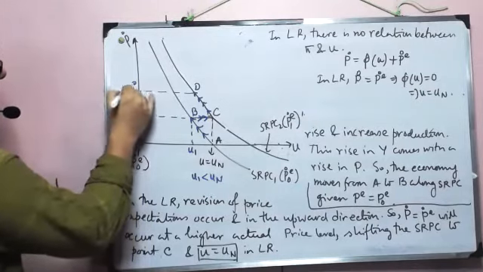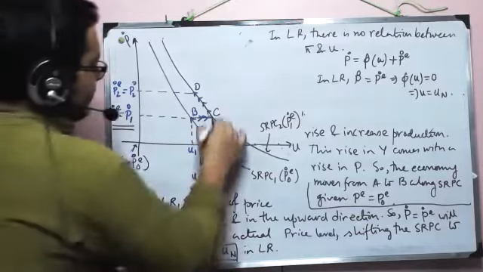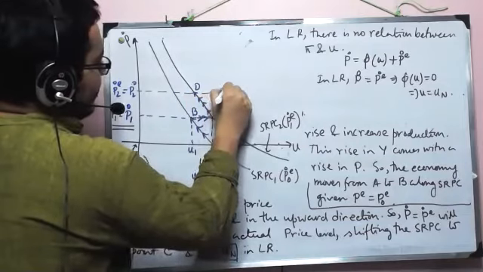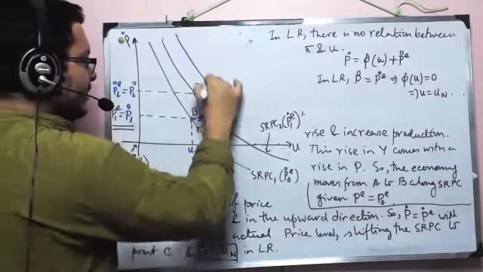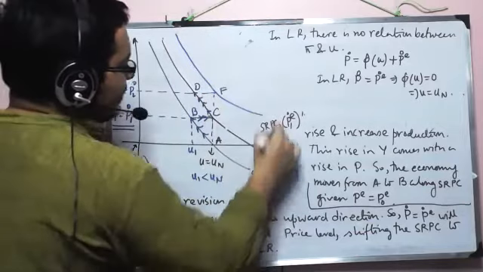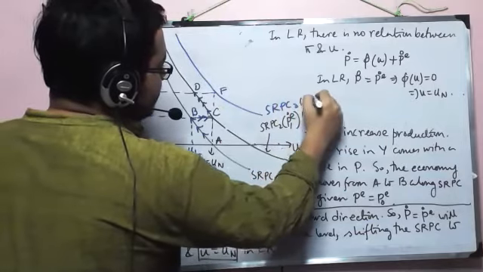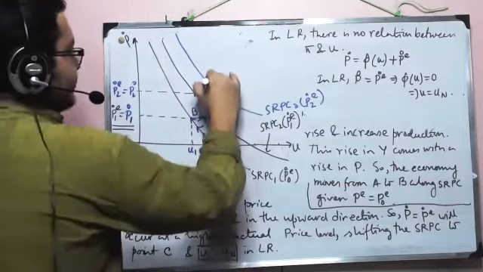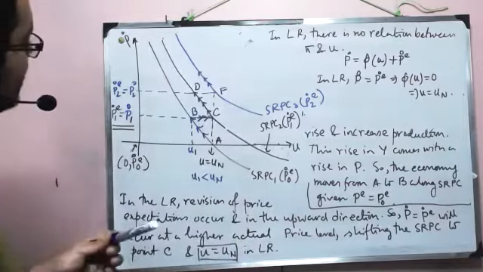So some P2 naught, which in the long run will again equal some expected P2, and then with U equal to UN, we have some point F, and from that, touching that, will go the new Phillips curve. So SRPC3, which will correspond to P2E naught, and again the old exercise. So what does it give us?